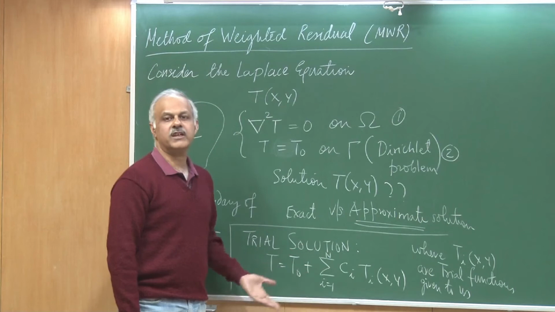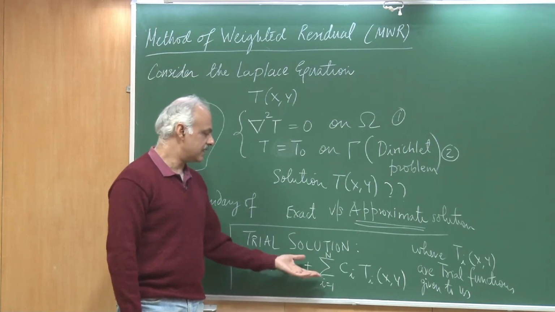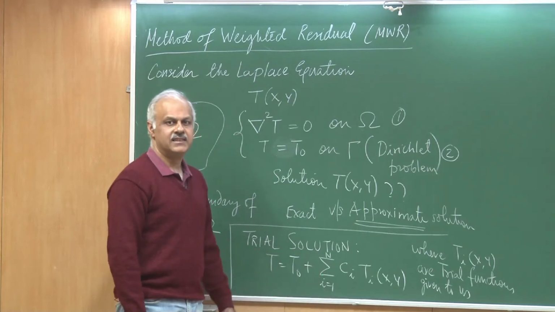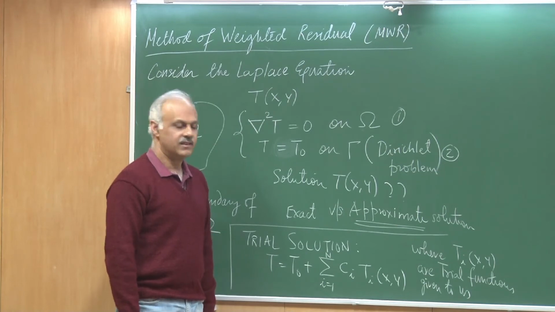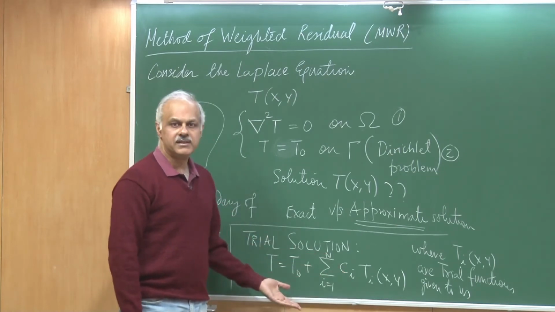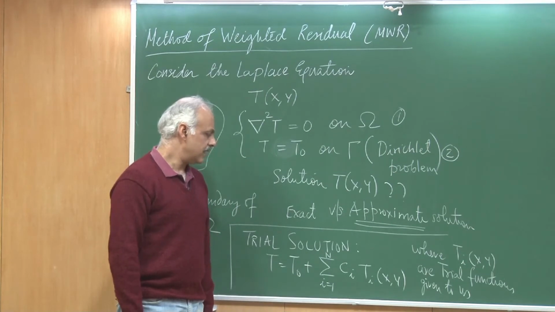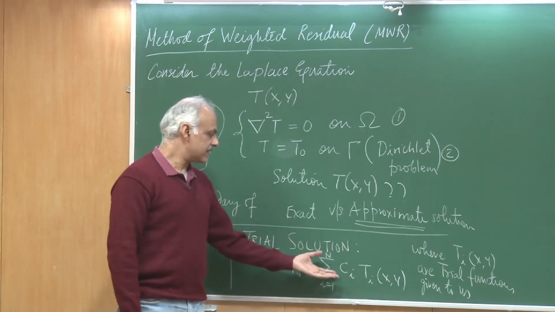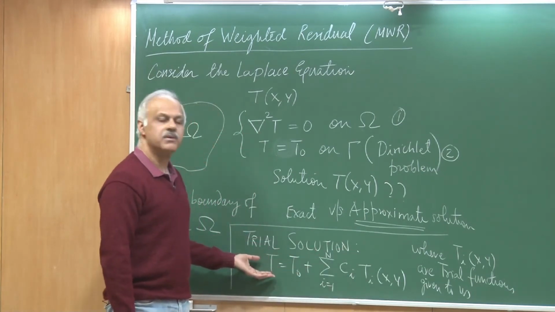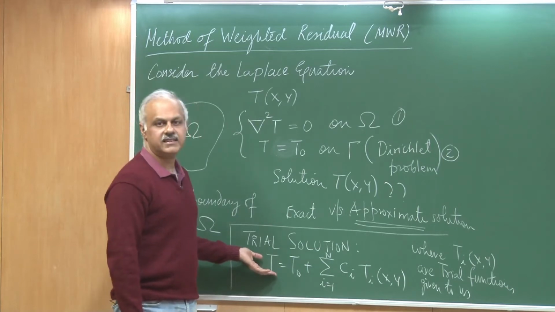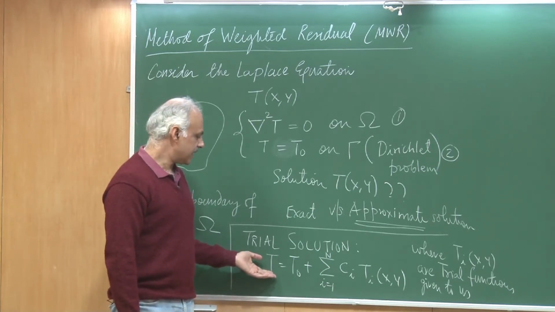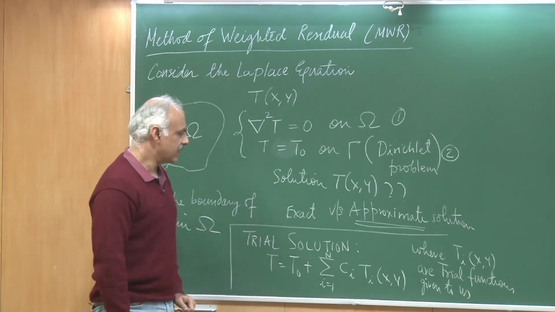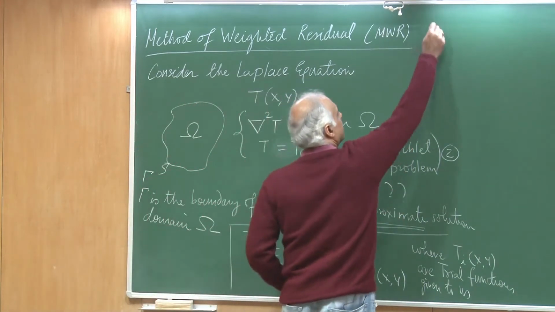So these could be like the Fourier functions. You are all familiar with the Fourier series. So I could take functions like 1, sin x, cosine x, sin 2x, cosine 2x, and so on. I could take Chebyshev polynomials, and so on and so forth. So this is a class of functions that is given to me, and their linear combination is supposed to add up to this answer T. And I have taken a very special case that the T0 is added to this, and I will tell you why we do this, essentially for satisfying the boundary conditions.